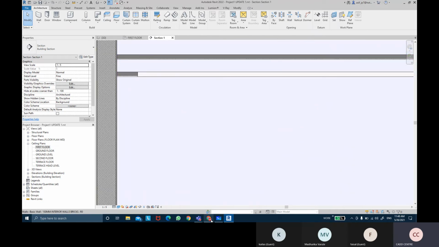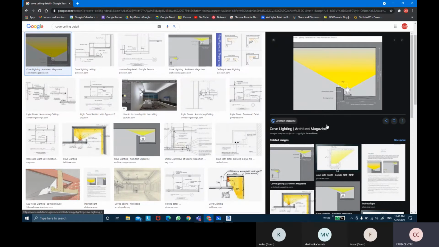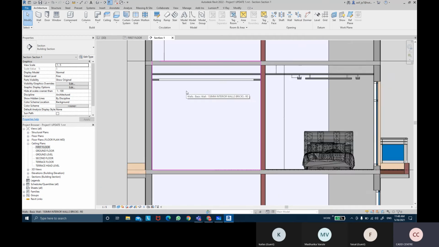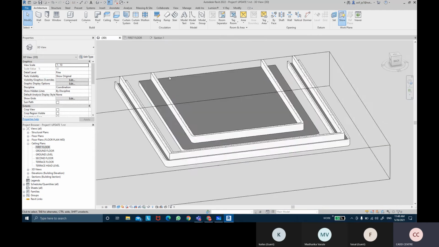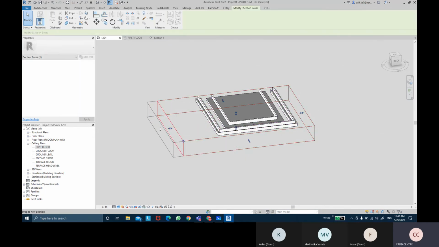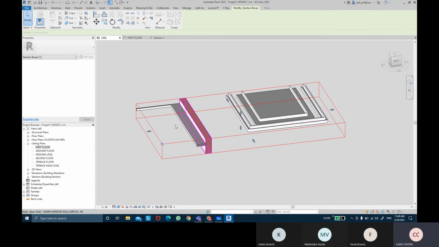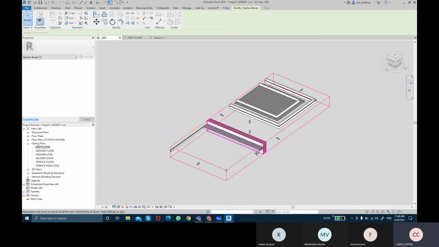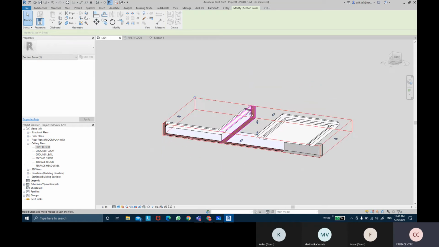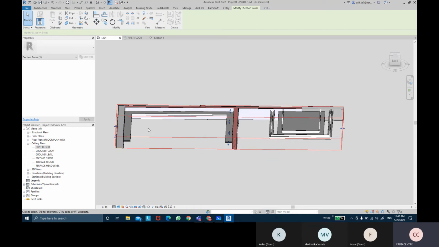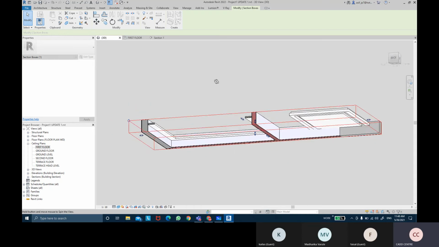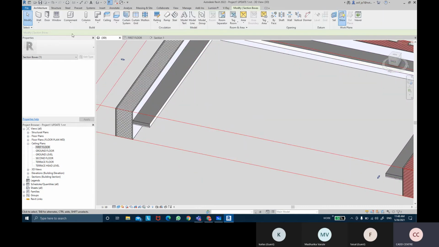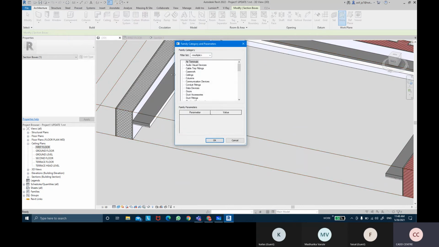And then you can also create this support and this notch as well for these rooms as well. Create model in place, ceiling,